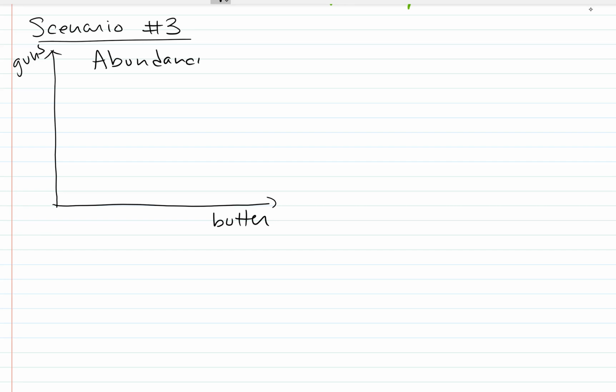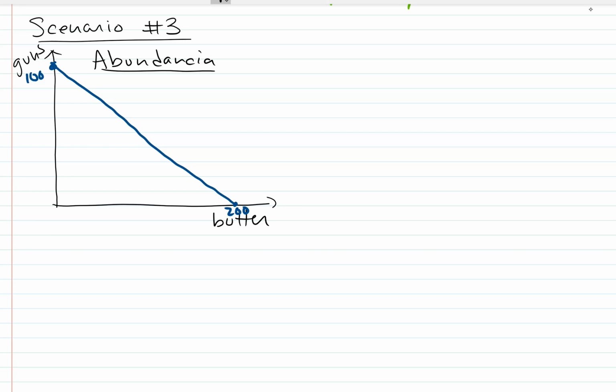example, as you saw in the notes, we have two countries, Abundancia and Cotono. So they are producing guns and butter. Okay, so kind of a classic example, the guns and butter again, like you'll see in your homework problem. Okay, so in this country they have a lot of stuff. They can produce lots of stuff. So they can produce 100 guns. If they go to the other extreme and do only butter, they can do 200 butter. So they're good at both things.